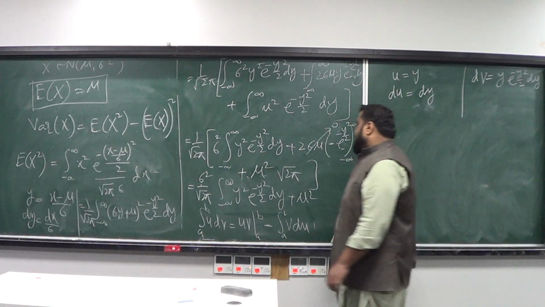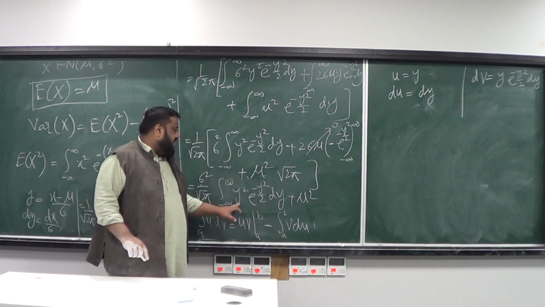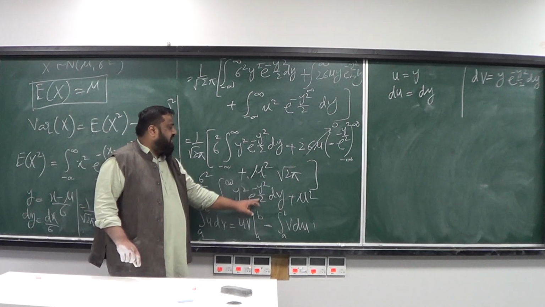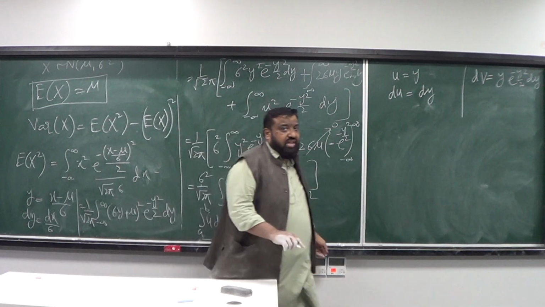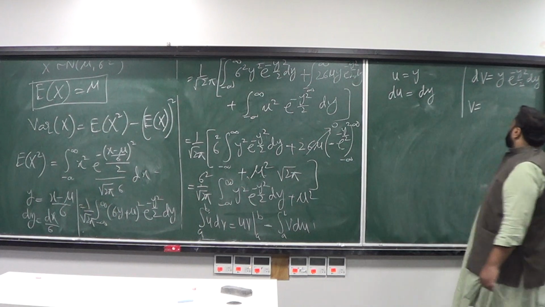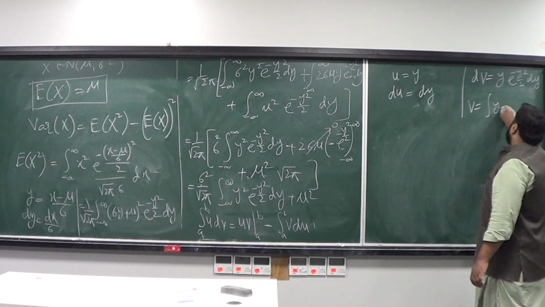So I had y square e to the minus y square by 2 dy. I picked one y, I called it u, and the rest, y e to the minus y square by 2 dy, I gave it the name dv. So what would be v then? In order to compute v, you need to integrate this y e to the